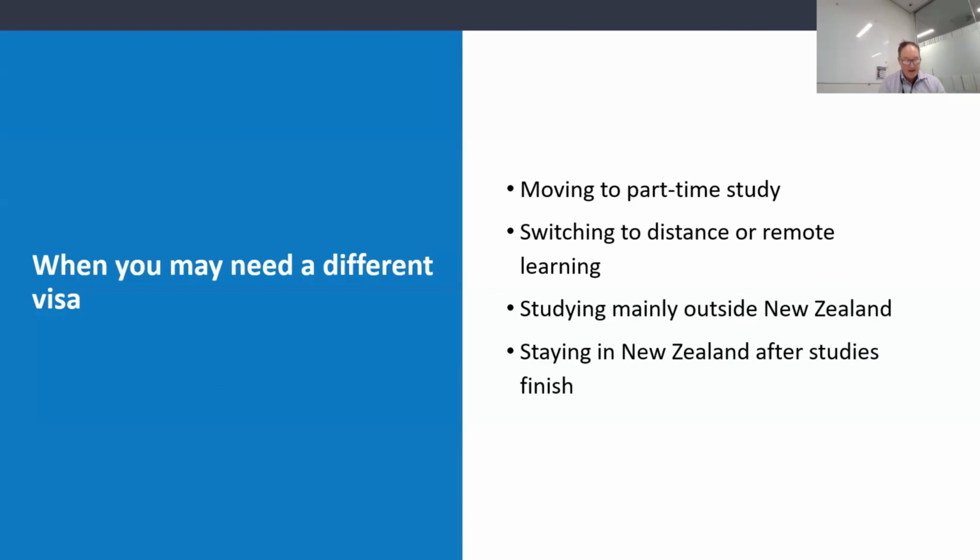For example, student visas are normally granted for full-time study. If you want to study part-time, you can't simply change your study schedule and continue on the same visa. In many cases, you may need a visitor visa and, if approved, a variation of conditions that allows part-time study. Similarly, if you're studying mainly through distance learning or correspondence, or you're based overseas and only need to come to New Zealand for a practical component or an examination, a different visa type may be more appropriate depending on your circumstances and length of stay.